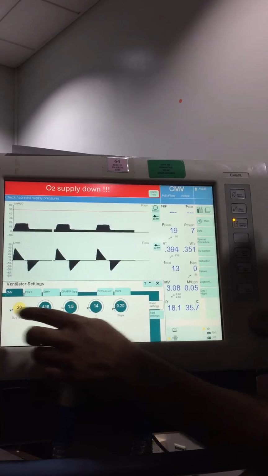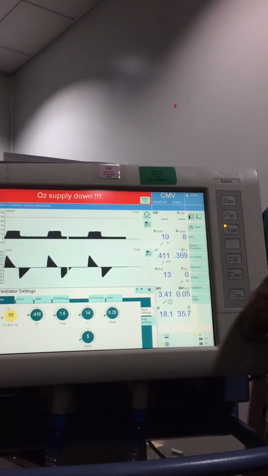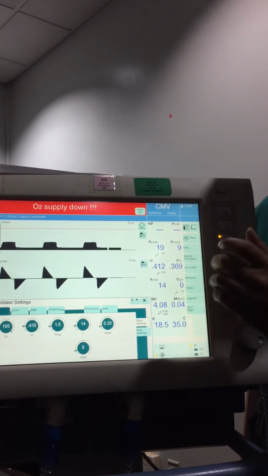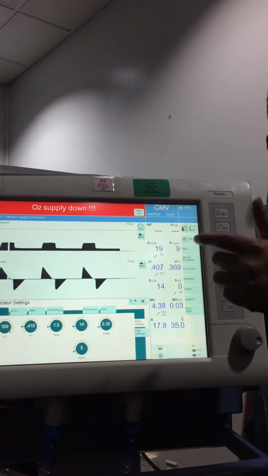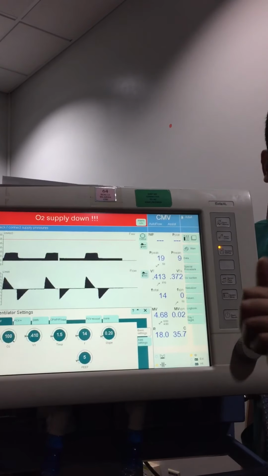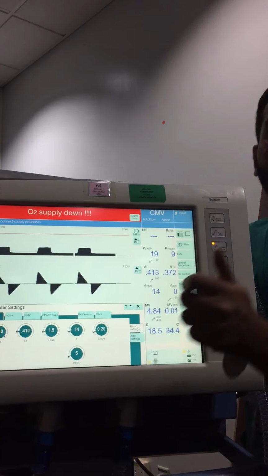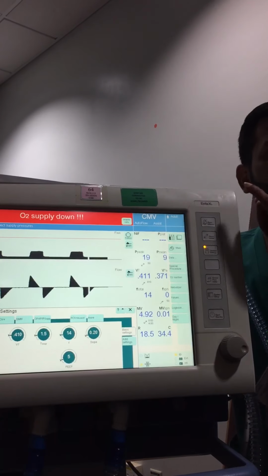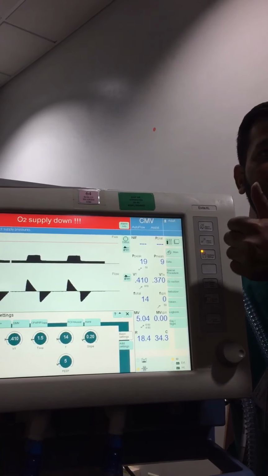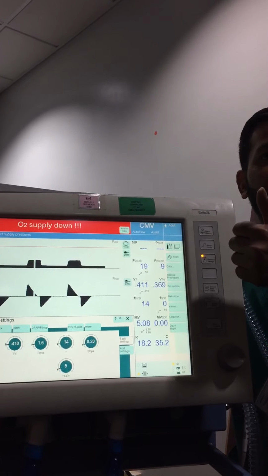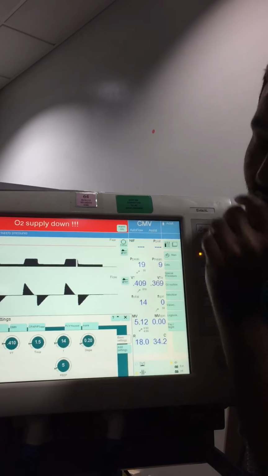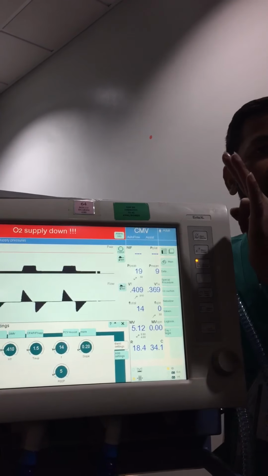I told you how much FiO2 you have to keep initially: 100, and as soon as possible try to come down to 60. Coming down to 60 also happens gradually, based on your saturation and PO2 level. The second one is tidal volume. Normally you can give 6 to 8 ml per kg. Suppose 6 ml times 60 kg of body weight, so 360 ml. And frequency, how much can you give? 12 to 18.